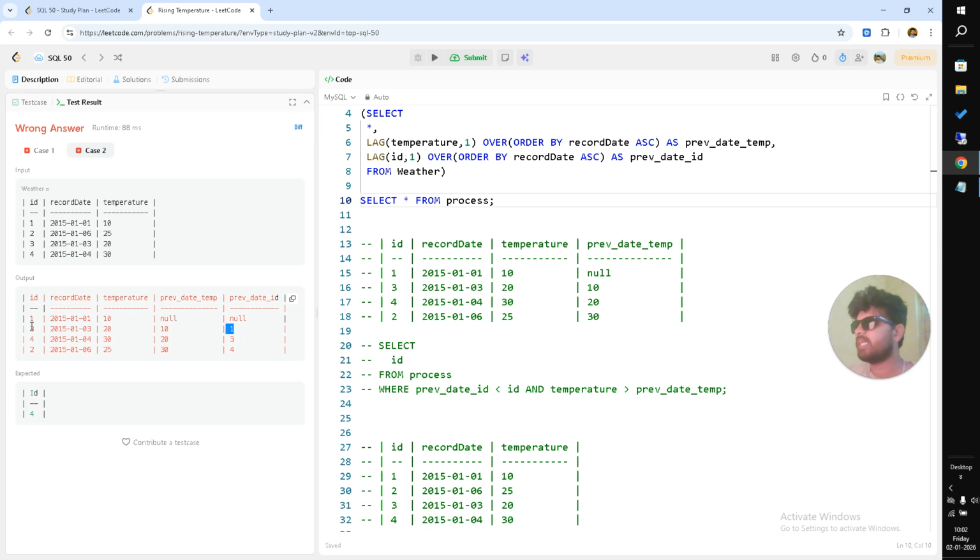Yeah, there is a satisfying condition. Previous ID one is less than ID. That's true, and also the current temperature is greater than the previous day temperature. But this is not the previous day. So we will also need to take a date difference, and only if that date difference is 1 do we allow that ID to come into our new filter table. So